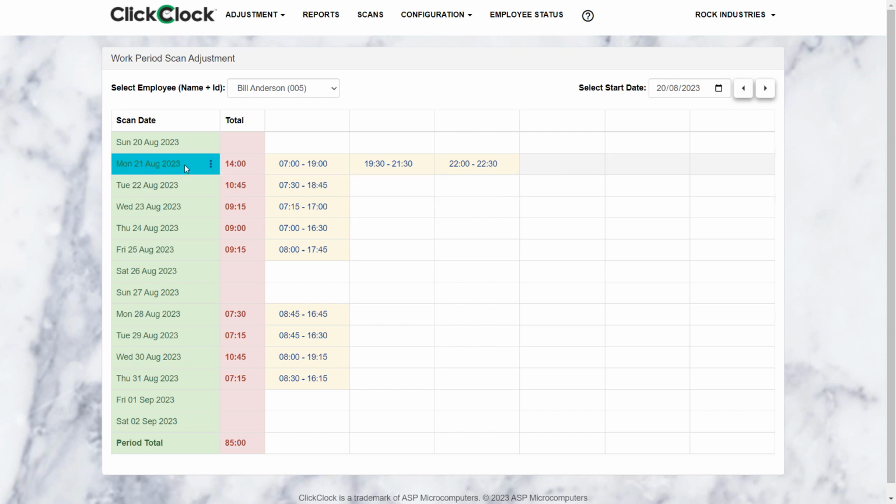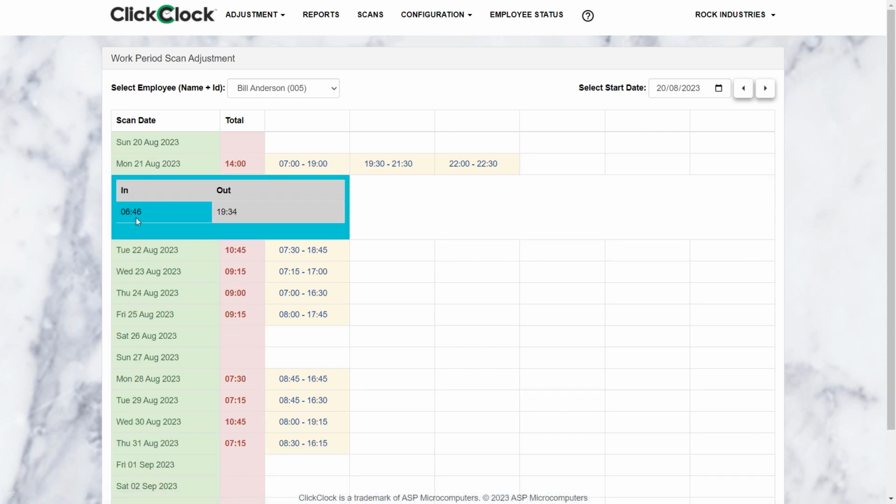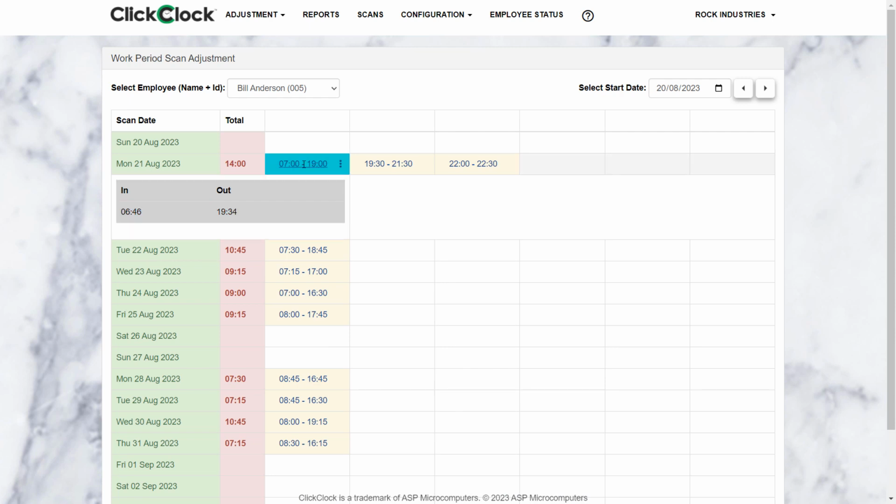If you hold the cursor over a cell, sometimes a menu will appear, sometimes a little pop-up box will appear showing you further information. So on the date column, you can see the raw scans. Now, raw scans are the actual time that the employee clocked in and out. Even though we've got 7 a.m. till 7 p.m. here, the employee probably didn't clock in and out at those times, and they're the raw times. So we'll see here they actually clocked in at 6:46 and they clocked out at 7:34, and those times have been rounded, and in this particular case adjusted as well, manually adjusted